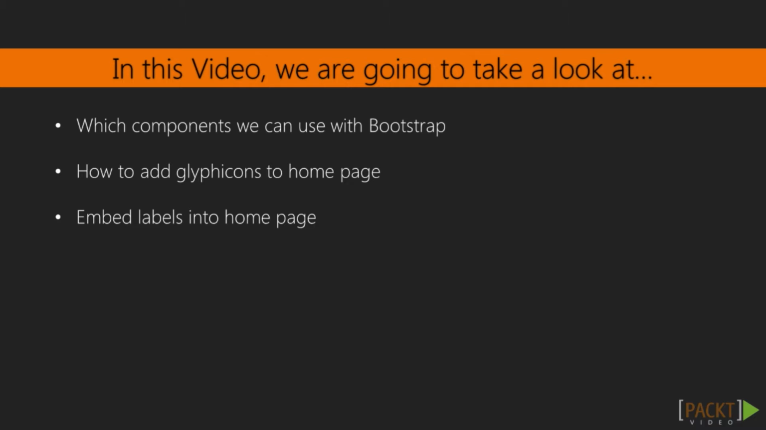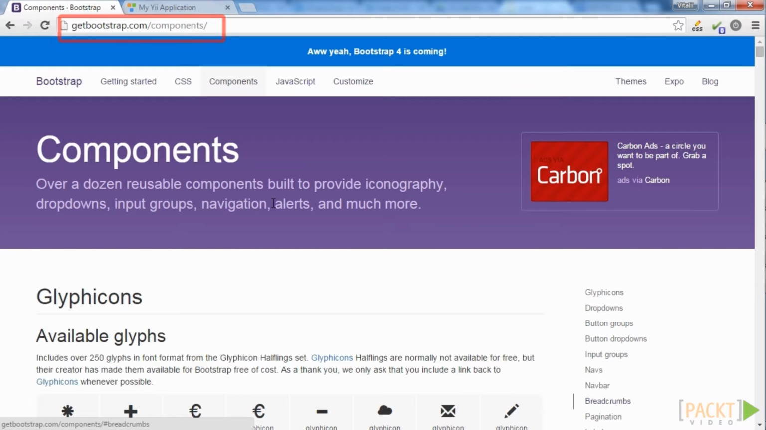How to achieve that? In the beginning, we will have a look at components in Bootstrap. Then, we'll try to add some icons, as in symbols, to our homepage. Finally, we'll add some labels to our homepage, and that's it. Let's move on to the web page